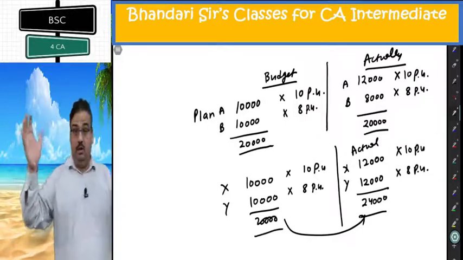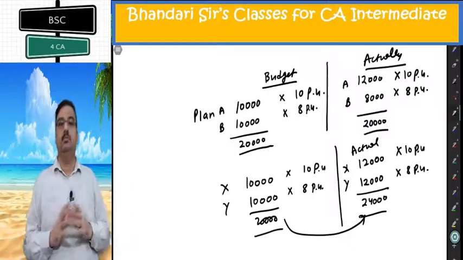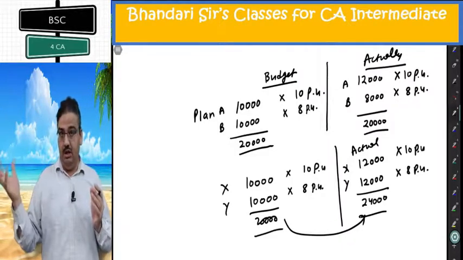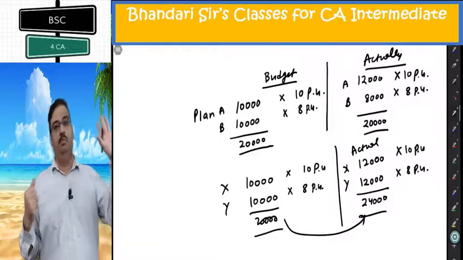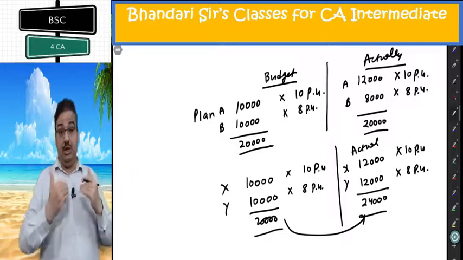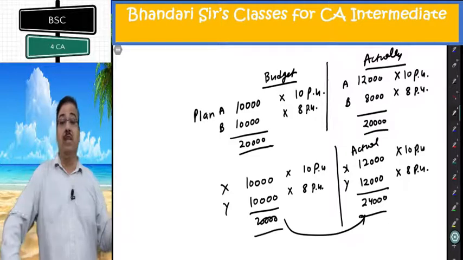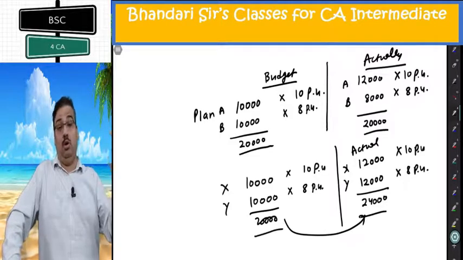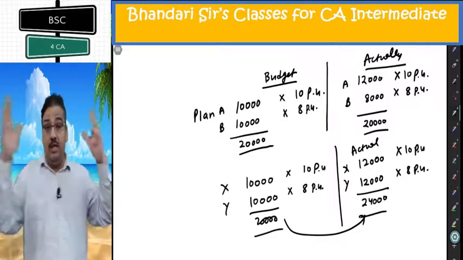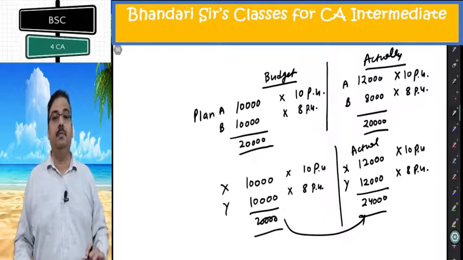On the top, total. Total is why actual sale is different than budgeted sale. Under that, two reasons. Price, inflation, deflation. Other than price, volume. In other than price, further detail. Either it is due to difference in the ratio, mix variance, or it is difference in total quantity budgeted and total quantity actually sold. That is quantity variance. So all these reasons give me the details of sale value variance.